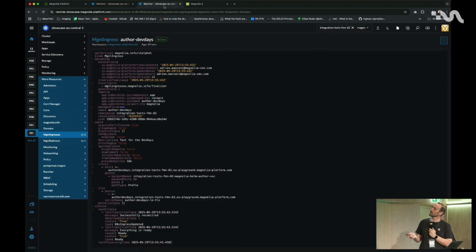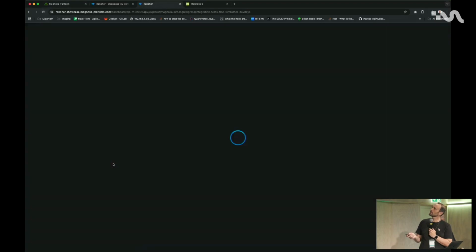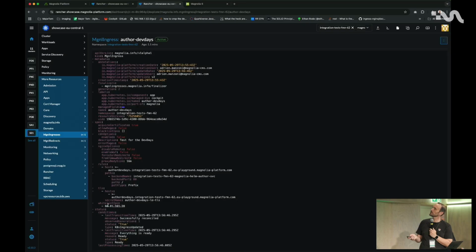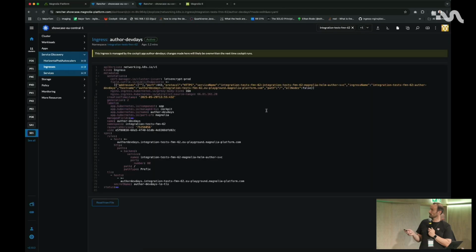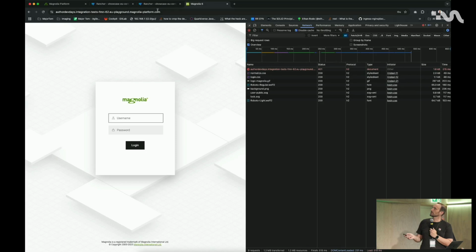Here we go. So now I will refresh and you will see the IP which is here. And you will see how it has been translated into the ingress in a bit. So it's an Nginx annotation here. Here we go. And the last one is a case we get very often, but that's still working because I'm